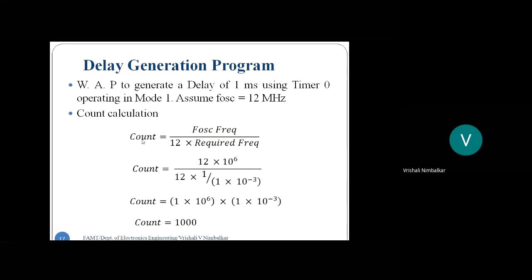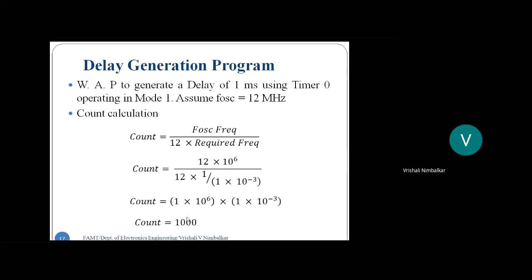The relation for finding the count is: count equals oscillator frequency divided by 12 into the required frequency. What was the required frequency? The time delay is given as 1 millisecond, so the required frequency was 1 upon 1 millisecond. We substituted the oscillator frequency 12 megahertz and required frequency 1 upon 1 millisecond, and we came out with the count